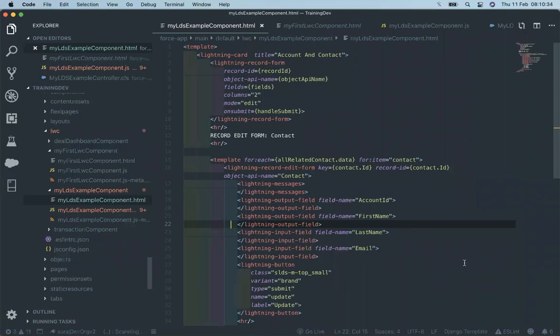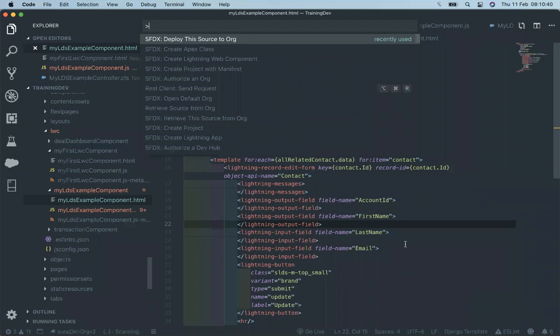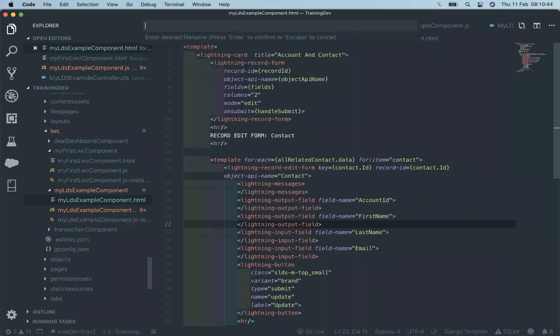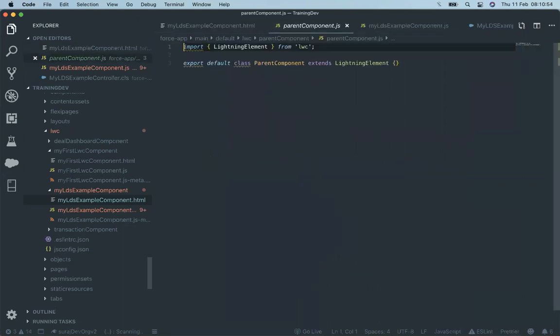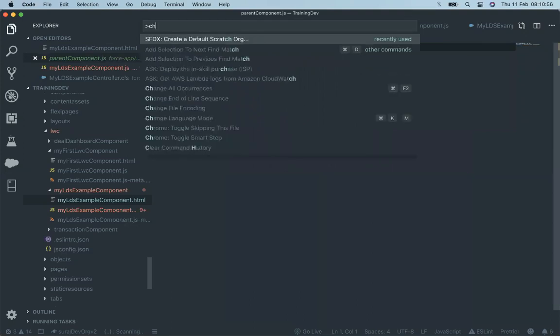Okay, so let's create a little component for that. Like create a new component. I'm going to create a new component called parent component. Again, I'm going to create a new component called child.